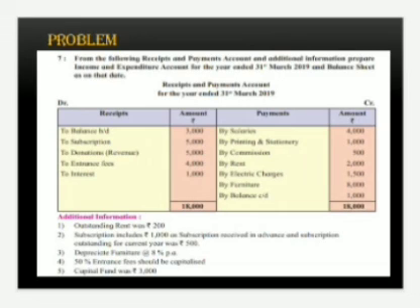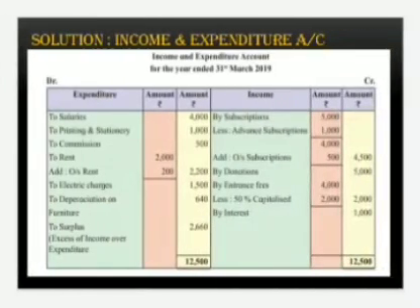fund was rupees 3000. Now we have read the problem carefully, but while solving, we have to prepare first the income and expenditure account with 6 columns. On the debit side, expenditure, amount rupees, and on the credit side, income, amount rupees and amount rupees. As well as we have to prepare the balance sheet also. Then we will solve this problem one by one.